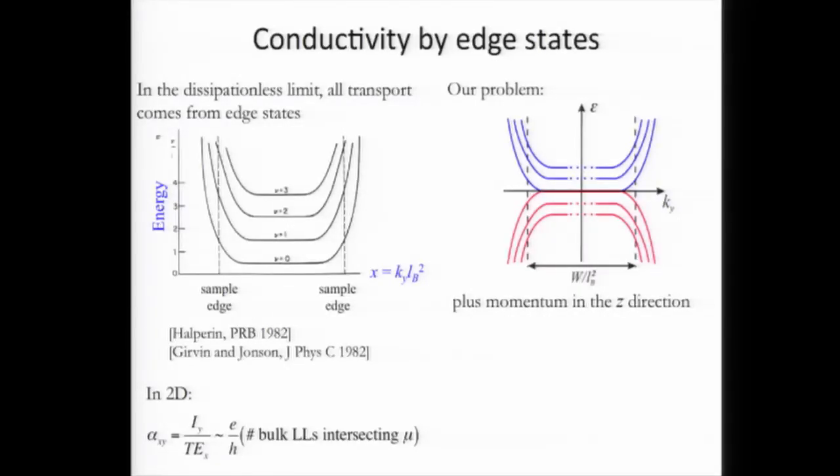Plus our band structure looks a little different. We sort of have this lowest Landau level that's electron-hole symmetric, and that splits up in one direction and down in another. So no matter where you put your chemical potential, you'll always have some edge states intersecting it. Okay, you do the same calculation here, and what you find, first of all, because this is a 3D conductivity,